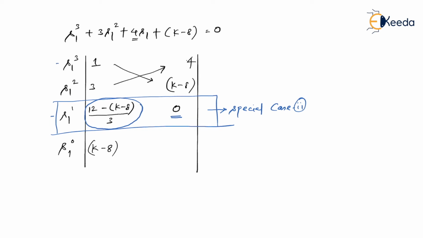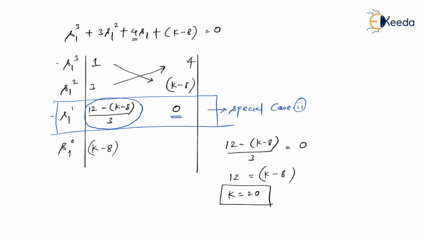In order to do that, you know that (12 minus (k minus 8)) divided by 3 must be equal to 0. So this is equated to 0. What is going to happen? This 3 will get shifted there. So I can write 12 equal to k minus 8, or I can say k equal to 20. So finally we have the answer. So k should become 20. Only in that case you will get the complex conjugate pair of poles where its real part will be equal to -1. I'm sure you have understood this problem very well.